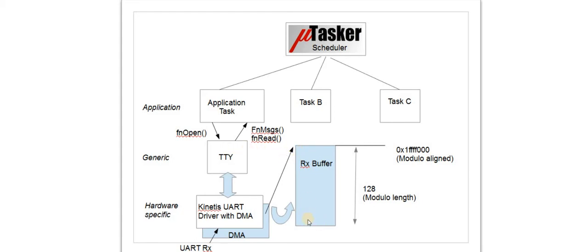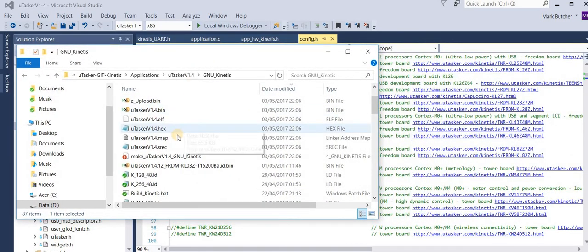Now as long as we put adequate buffer size here, and we either poll continuously or check periodically at a rate which is adequate to allow us to read the data out before it gets overwritten, then we've also got a good solution. To finish, I'm going to take the binary which was also created when I built the project,